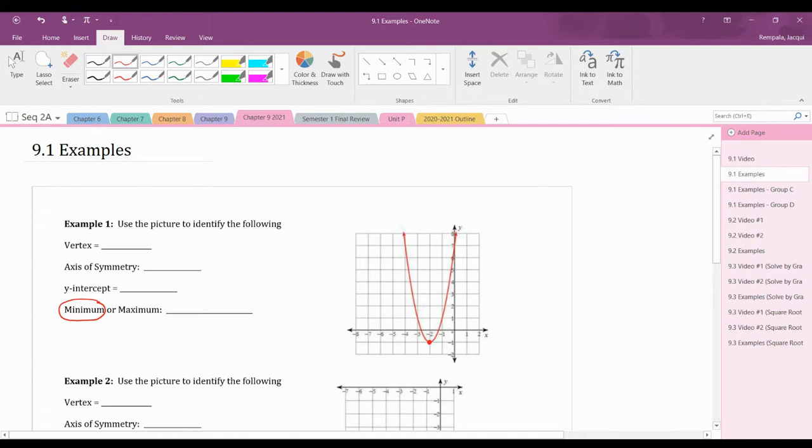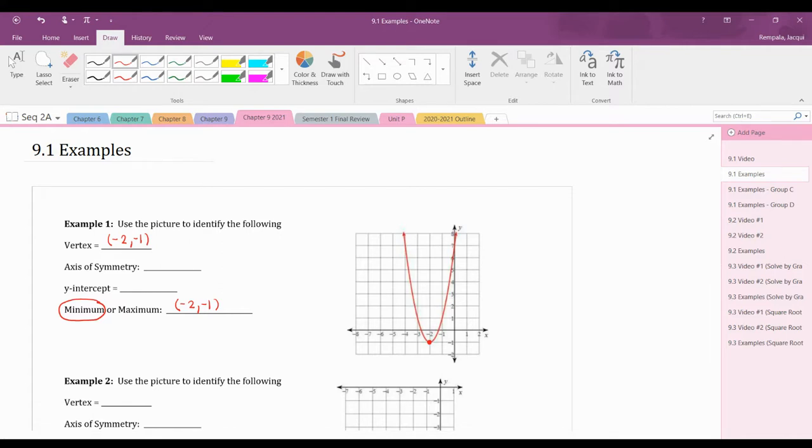Well, remember, an ordered pair is always x, then y. On the x-axis, we have to move over to -2. Then we have to go down 1. So it looks like -2, -1 is the vertex, which also then happens to be the point where that minimum is taking place. Okay, notice that it's not drawn in the picture, but it's a good idea to maybe draw